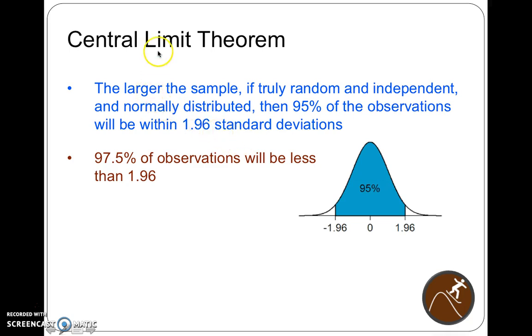Well, there was this thing called the central limit theorem. It says that as you get large samples, if it's truly random and independent and behaves like a normally distributed data set, as it gets larger and larger and larger, 95% of the observations will fit between minus 1.96 and 1.96 standard deviations, with the true median, mean, and mode all being right here at the 0 standard deviation. Well, this is where your measure of central tendency will be. May seem a little confusing. It's always been confusing to me to a certain extent, but